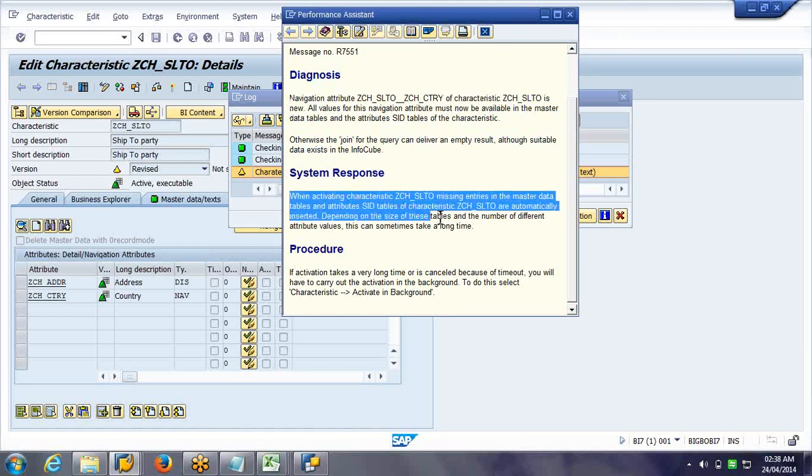So when activating, just read this one. So many things first.